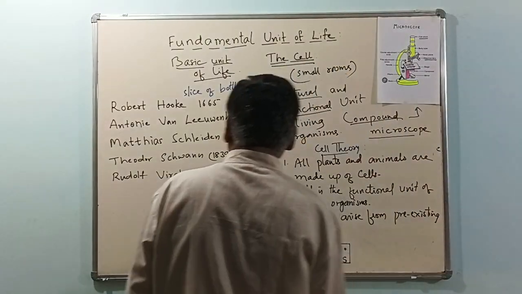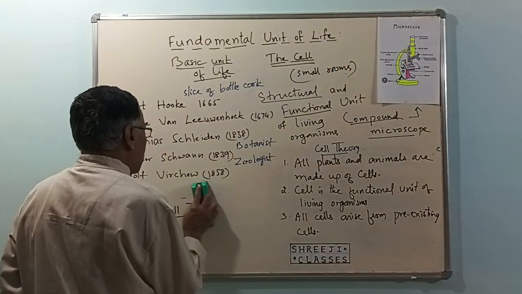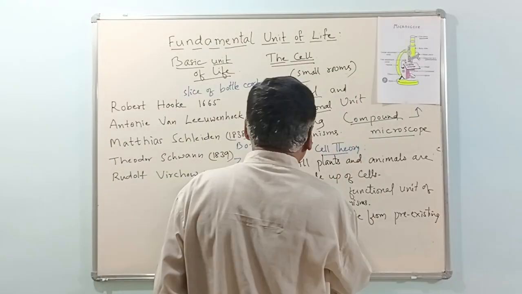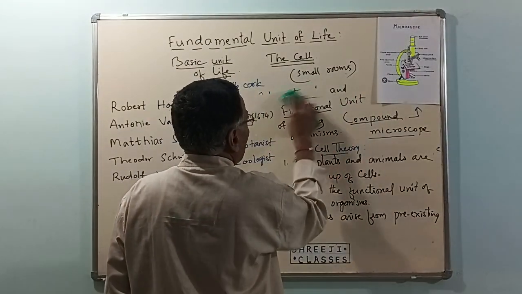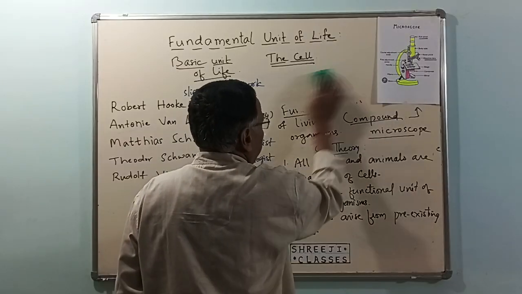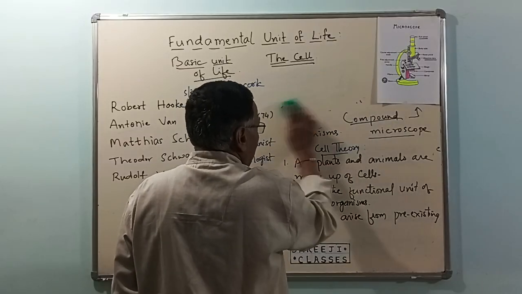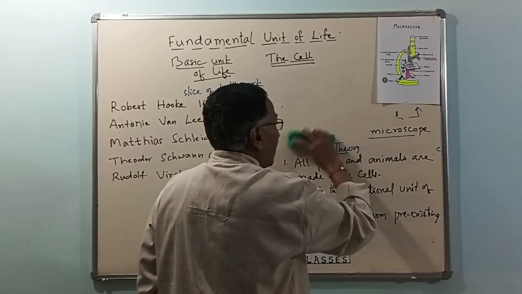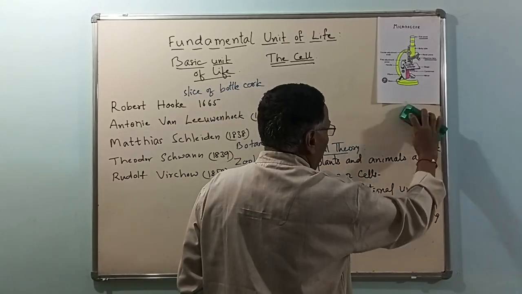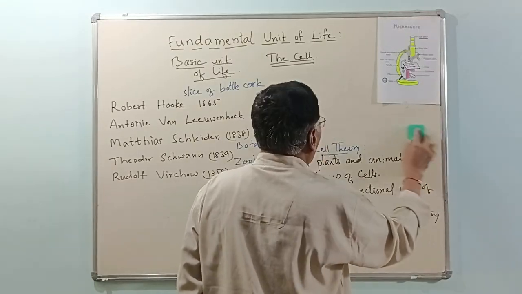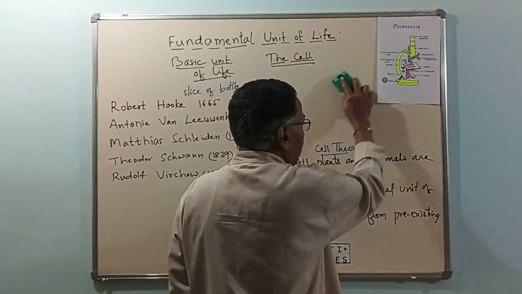Now, after the invention of another important instrument called an electron microscope, we could study more detailed composition or parts of the cell, how they are made up, what they do,